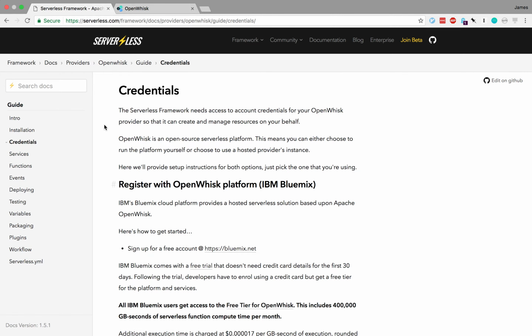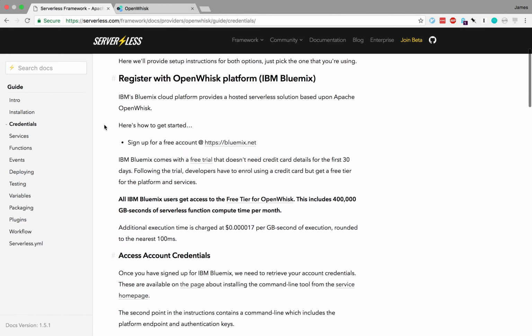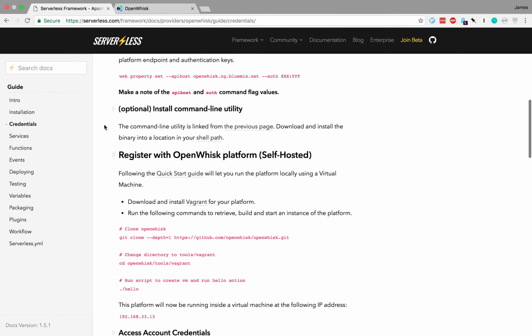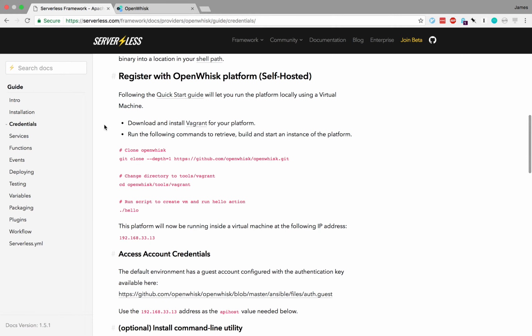Now you've got a couple of options here. You can either use a hosted platform, something like IBM Bluemix, and there's all the details here about how to get set up with that. It's a fully hosted OpenWhisk solution that you can use without having to set anything up in the public cloud. Or, because it's an open source serverless platform, you can host it yourself and install it, and this gives you details about how to register an account with a version that you're using yourself